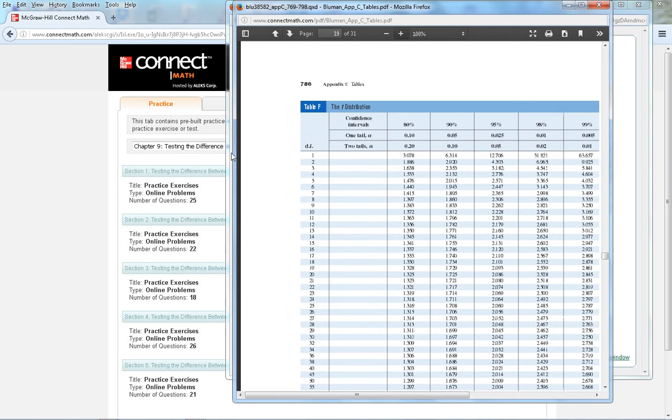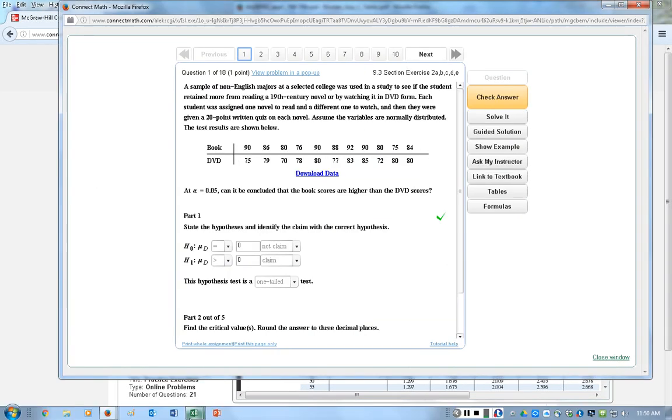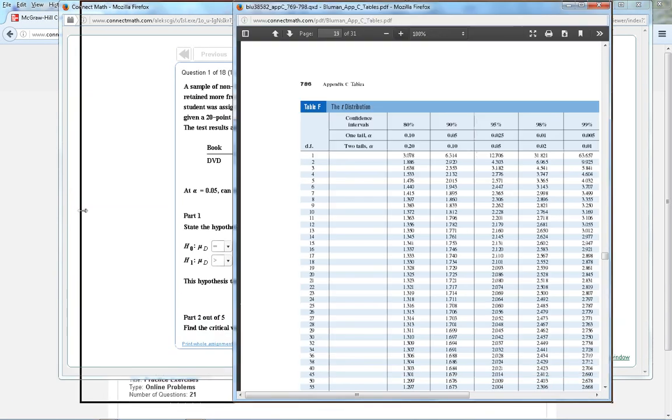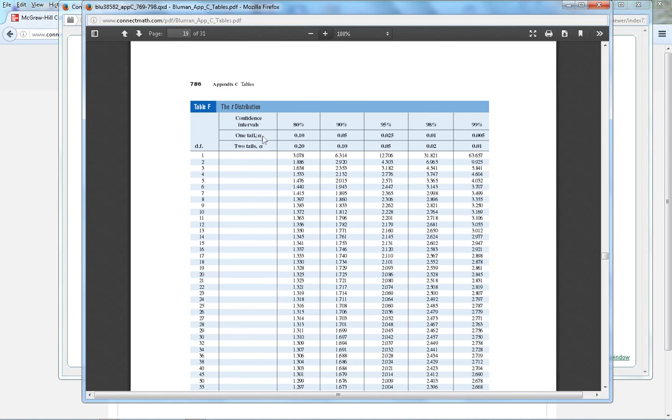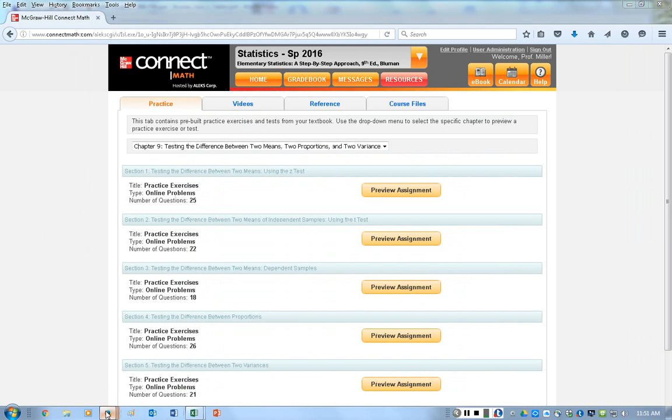What we want is a one-tail probability. Whoops, got off the table. Go back to the table here. So we want a one-tail alpha of 0.05, and we want 10 degrees of freedom. So it's this blue line right there. So I should be using 1.812 for the t-score. Okay, so 1.812. If I go back to the exercise,